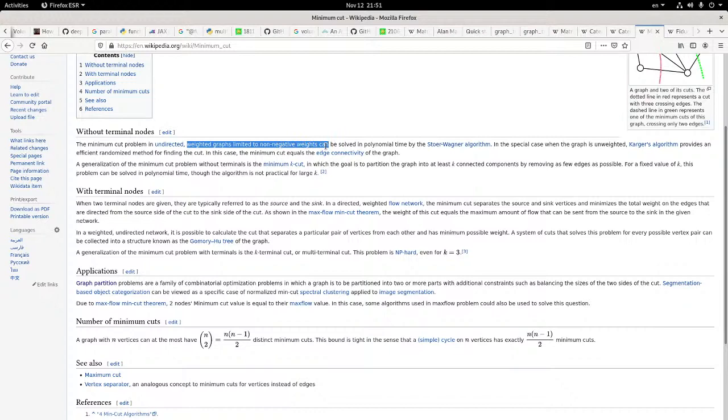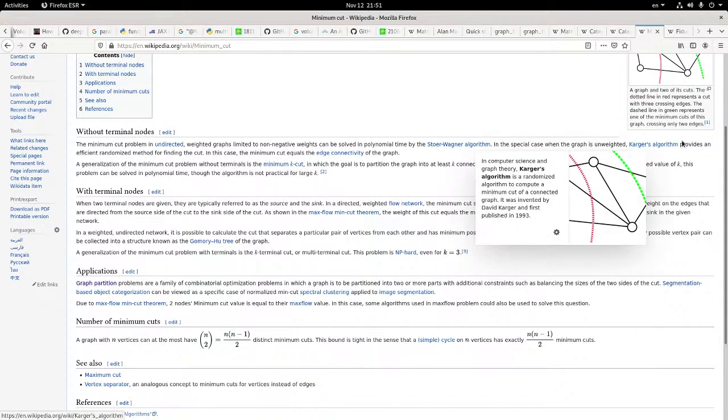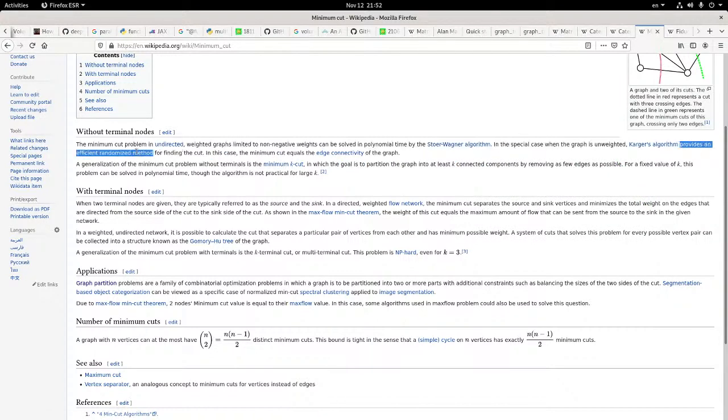Limited to non-negative weights, it can be solved in polynomial time. In the special case when the graph is unweighted, Karger's algorithm provides an efficient randomized method for finding the cut. In this case, minimum cut equals the edge connectivity of the graph. A generalization of the minimum cut problem without terminals is the minimum